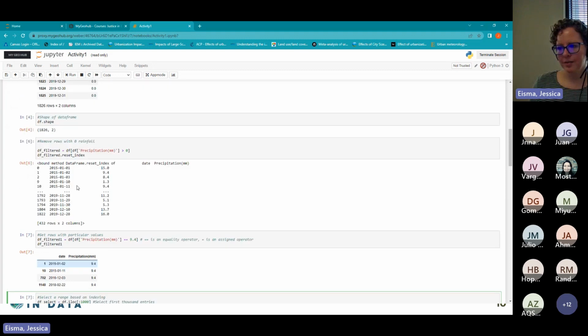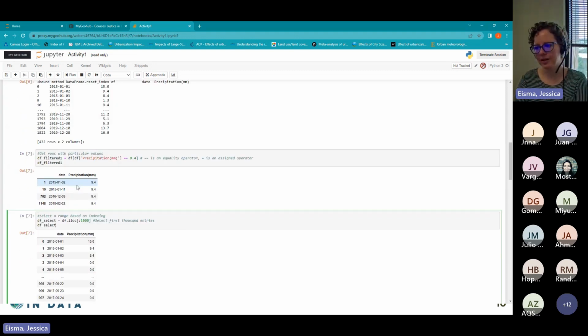So these are additional ways to pre-process your data and see how much data exists in your data set that meets a certain condition. These aren't necessarily filtering out bad data, this is filtering out data that we might not be interested in for our work, but it also gives us some descriptive statistics